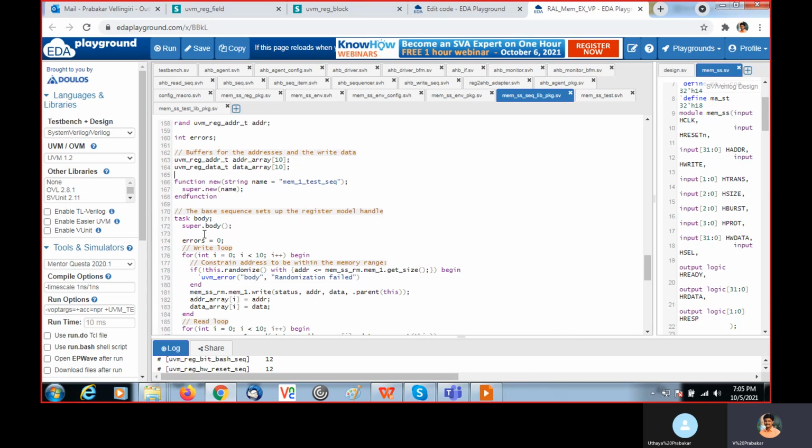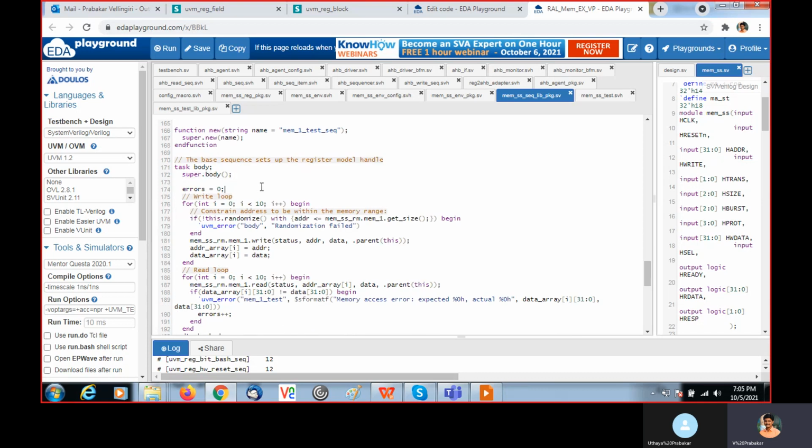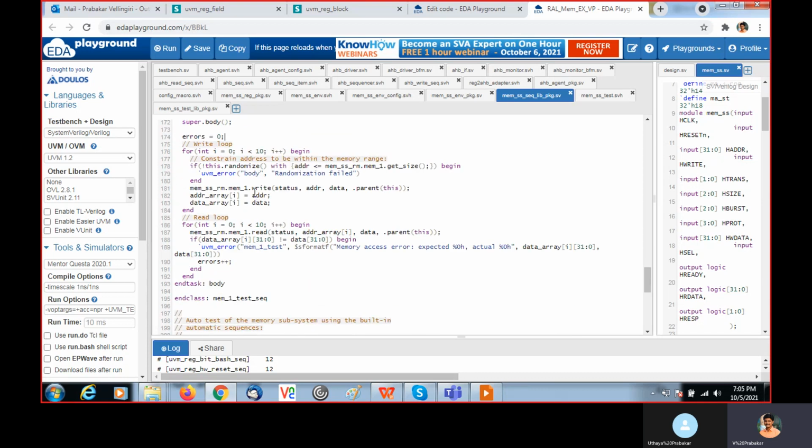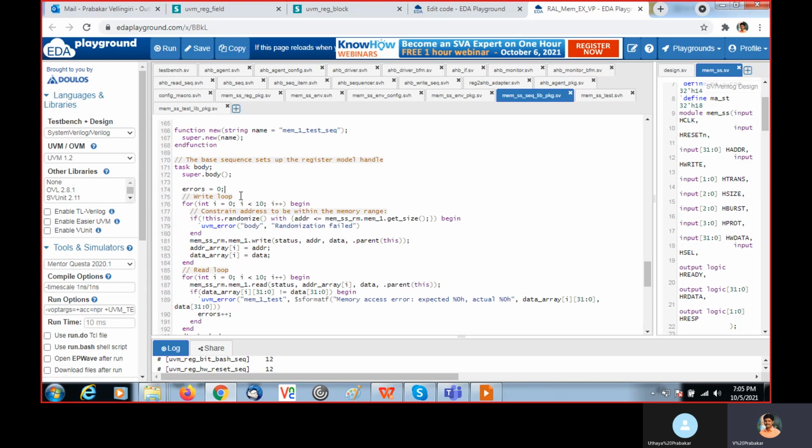So inside the task body, call super.body, and automatically you can get the handle of the register block. Here the error variable we also declare inside the base class, and here it is assigned 0. Then inside the for loop, we are going to do 10 iterations.